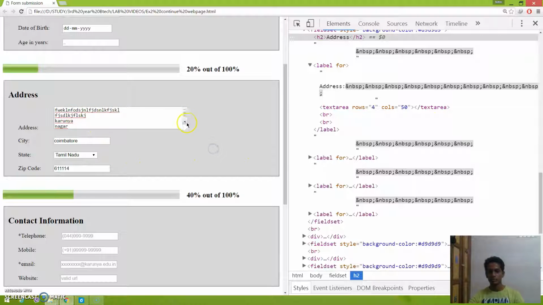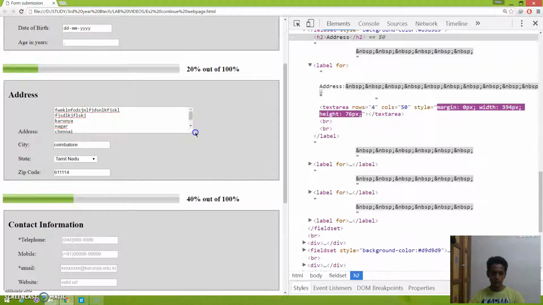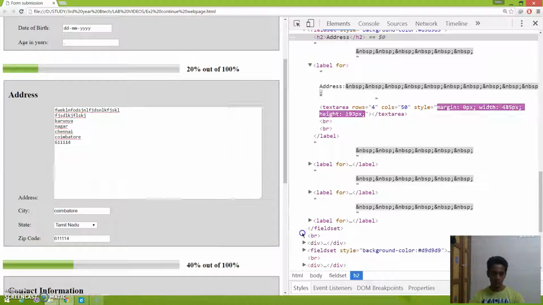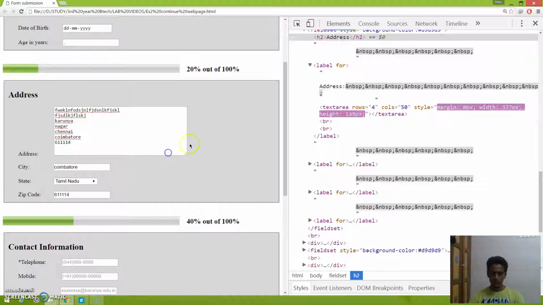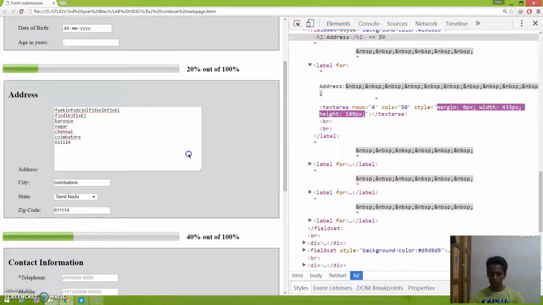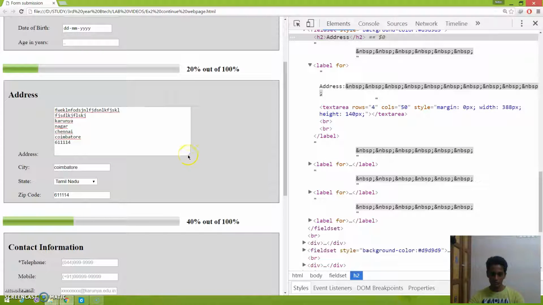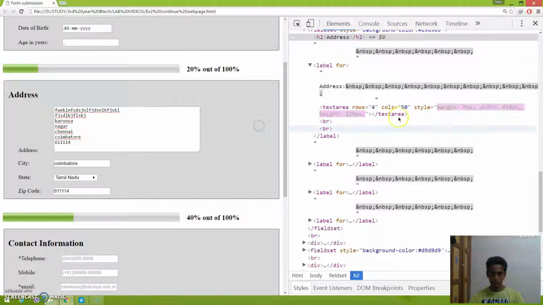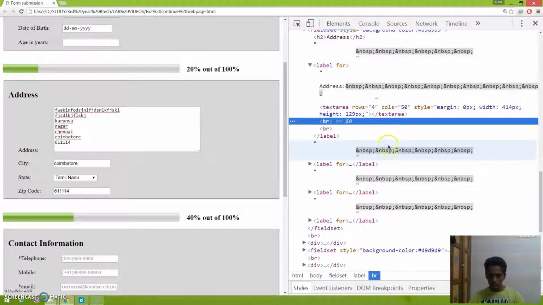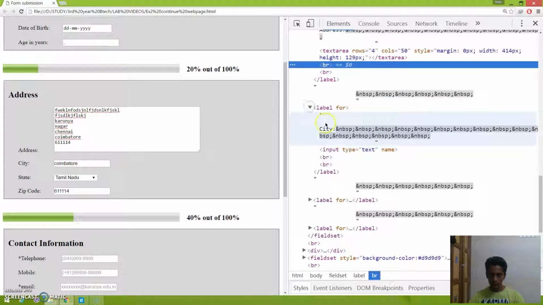These are comment box section, comment box. So a total of 50 characters you can put inside this. You can either resize it however you want, and if you resize it, this over here changes. Whatever you resize here. Okay. So now label.